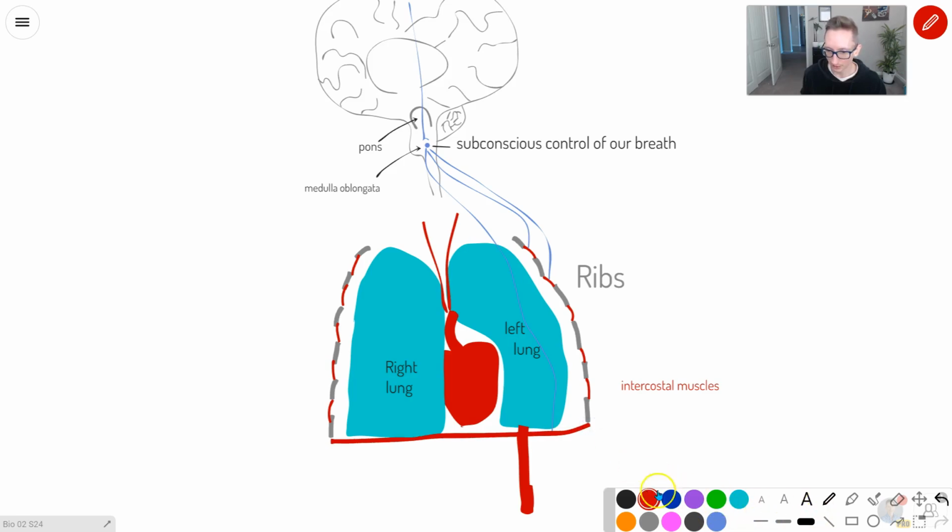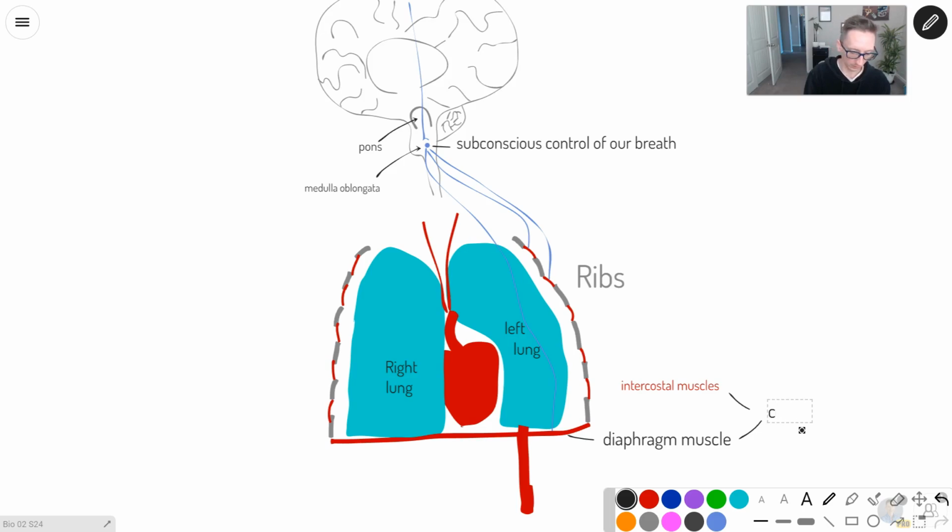So this would be our diaphragm. And it's a muscle. And we'll talk about how these work in a second. Intercostals and diaphragm muscle. Usually we just call it the diaphragm, but I want you to know that it is a muscle. So these two